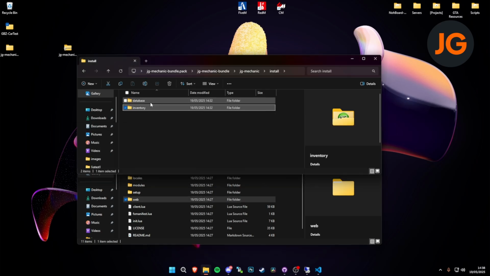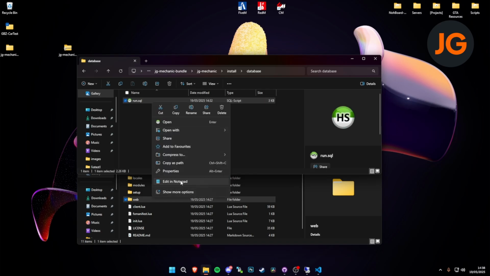Now the next thing we need to do is the database. What the database is, it stores all of the information. So that could be your orders, your employees, your owners, the amount of money you have inside of the mechanic, etc. So how we do this is we need to have MariaDB installed, which I assume you already do because you have the 5M server running. So all you do is right click it, edit in Notepad,